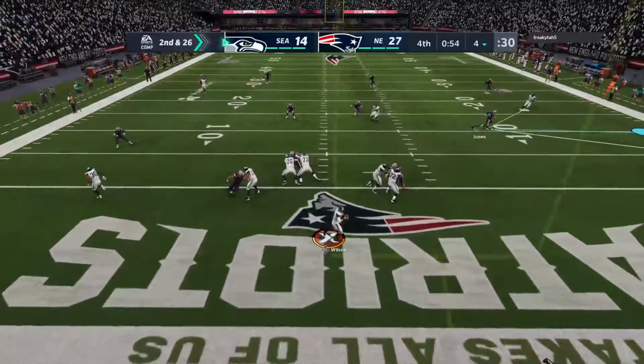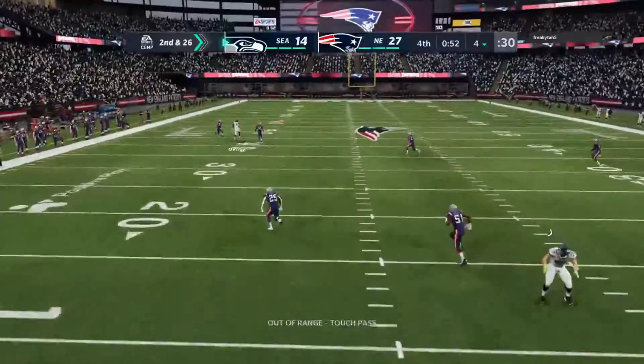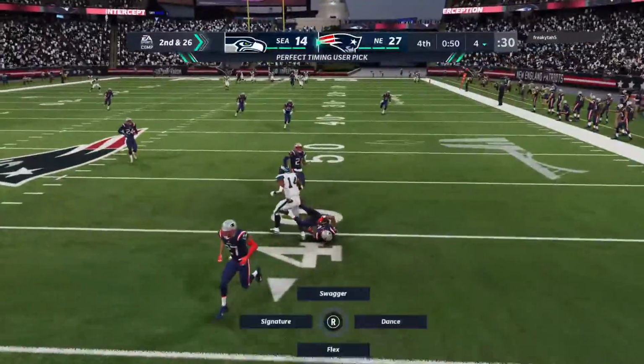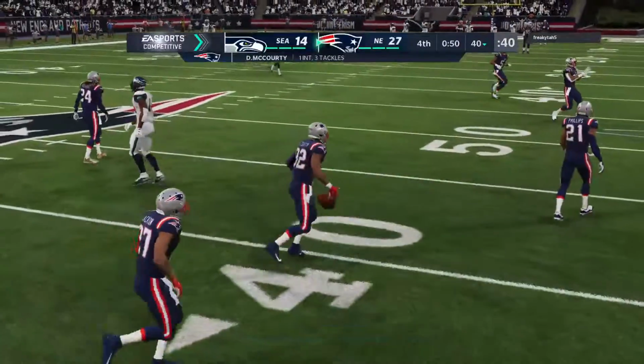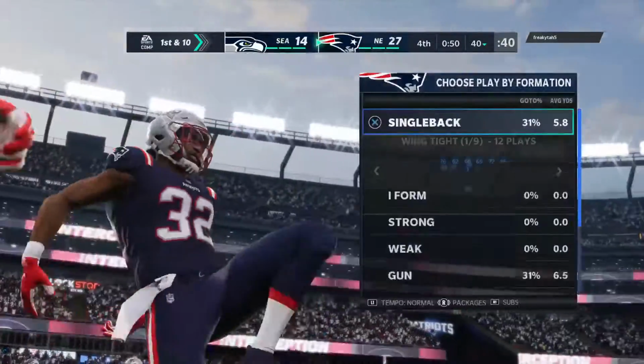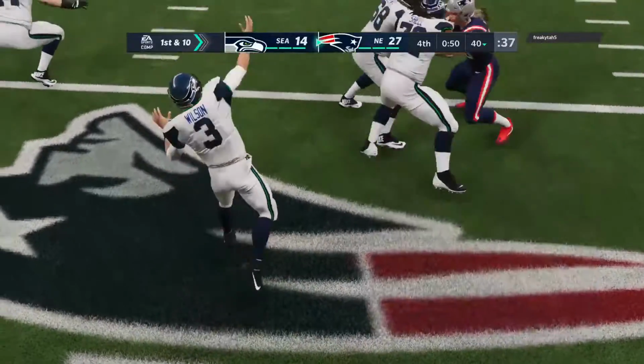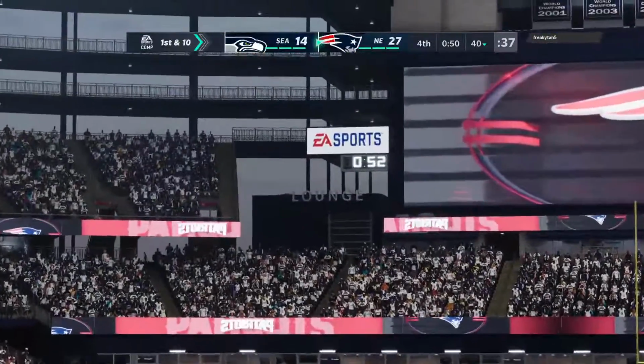On second down, here's Wilson. He's going to let it fly. And this is intercepted, and that should do it. Devin McCourty picks it off. And they are going to set up shop at the 40-yard line. The number 7 usually lucky here